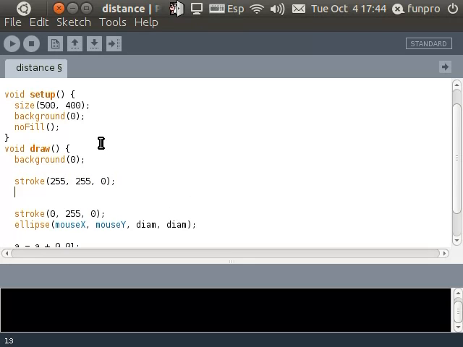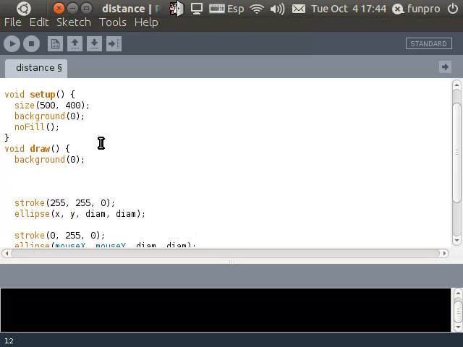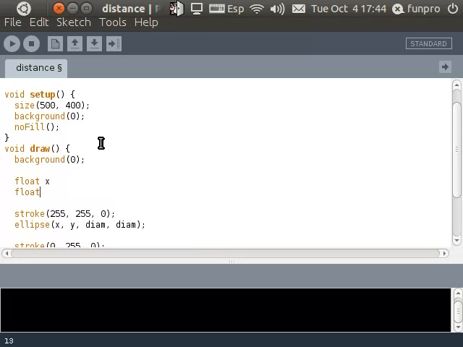Stroke 255, 255, 0. Then I'm going to draw here an ellipse at x, y, and the same size, diam. So both circles are going to be the same size. Now I have to define what is x and what is y. So I'm going to declare here two variables, float x and float y, and they are going to be equal